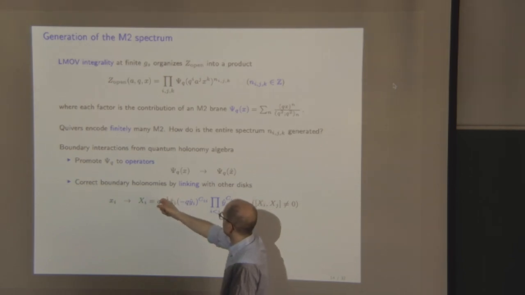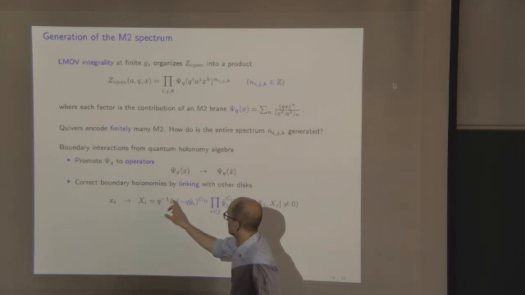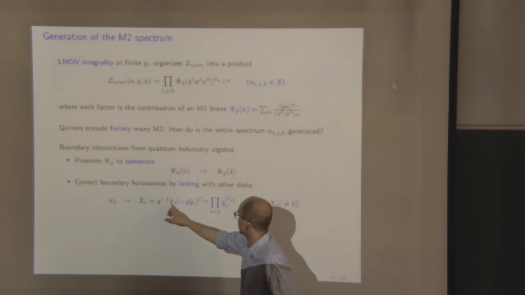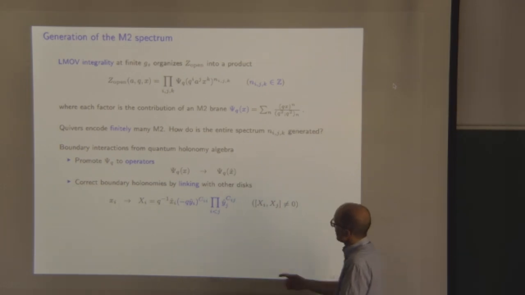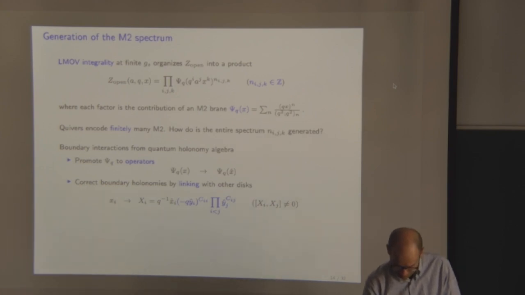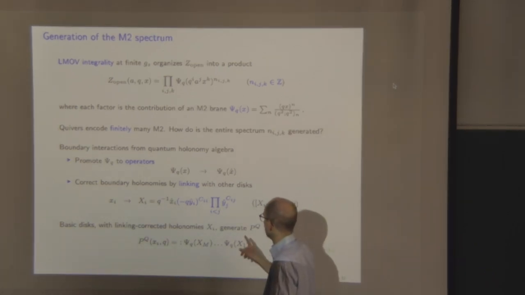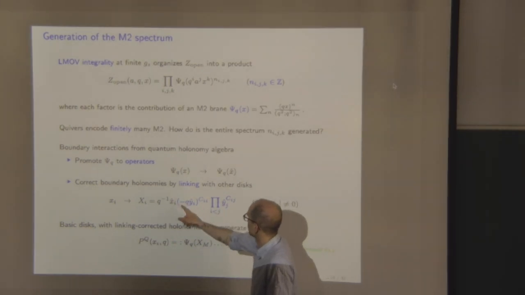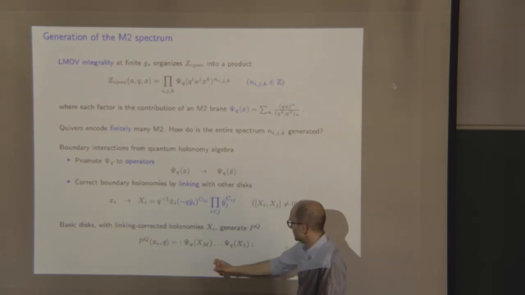In fact, I also told you that basic disks are mutually linking, so you should correct these quantum holonomies by the linking numbers. So xi goes to xi times yj to the cij. And the moment you do that, you get some quantum holonomy operators that do not commute. So you're going to get some interesting interactions among these M2 branes. And in fact, one can show that if you introduce these corrected quantum holonomies, you can in fact write down the full quiver partition function as a finite product